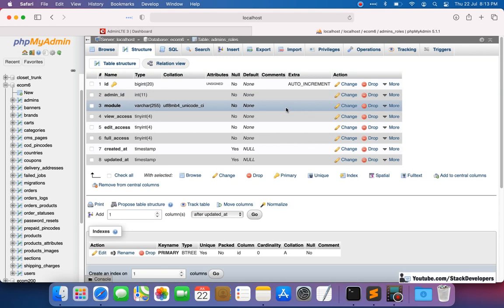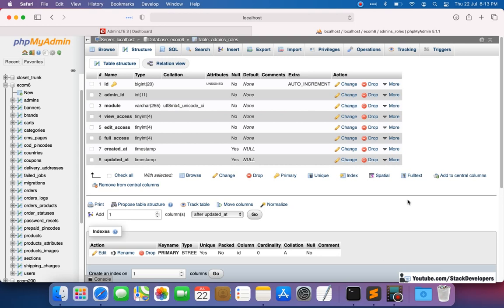The next thing is we want to create the model as well, because we are going to use the model for this table, and the model name now will be AdminsRole. Make sure the table name is always plural, with s at the end, so that we can create the model name as singular.